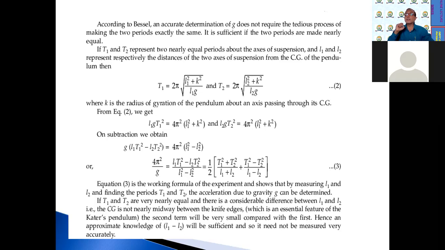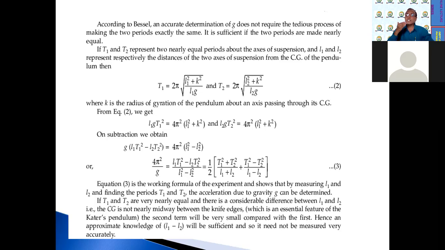For that, he has given that the time period about the first knife edge K1 is, suppose, T1, and the time period about the second knife edge is, suppose, T2, isn't it? And these two represent the periods about the axes of suspension. Suppose small l1 and small l2 represent the distances of the two axes of suspension from the center of gravity of the pendulum. And then instead of using the formula T is equal to 2 pi under root L upon g,